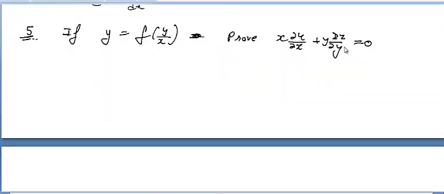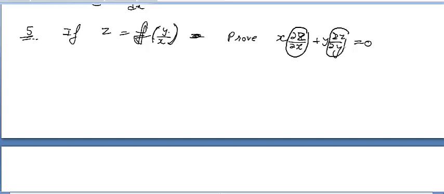Another very important question. It is a small question and things are very clear. Sometimes you will be given the function in this form. This function is depending on x and y. Okay. Now this is z. Sorry, this is z, not y. This is z. So you know that first you will find the derivative of z with respect to x and then derivative of z with respect to y.